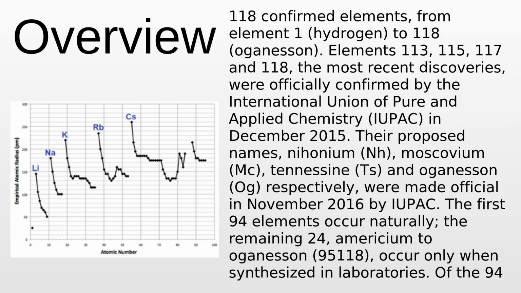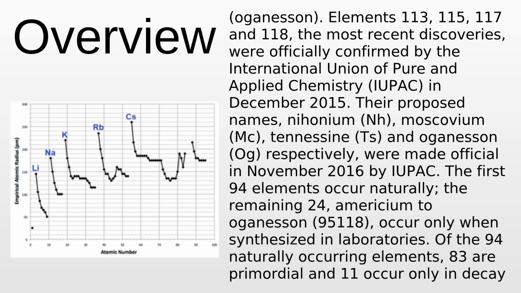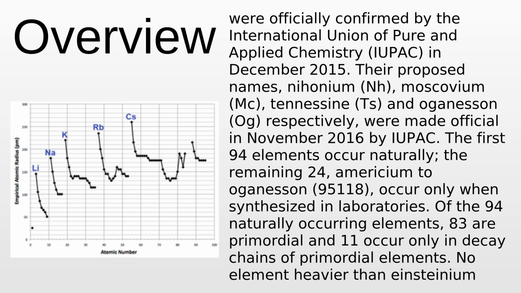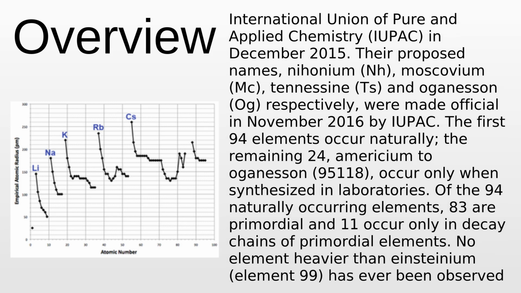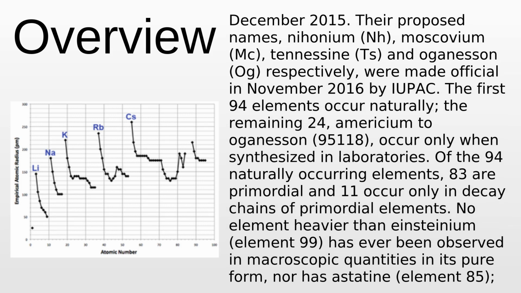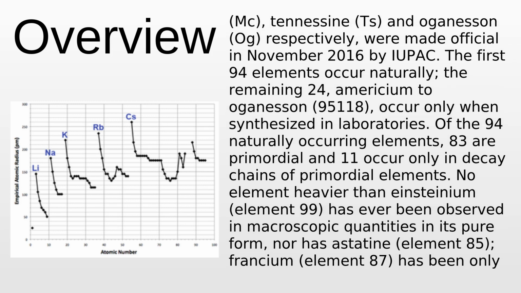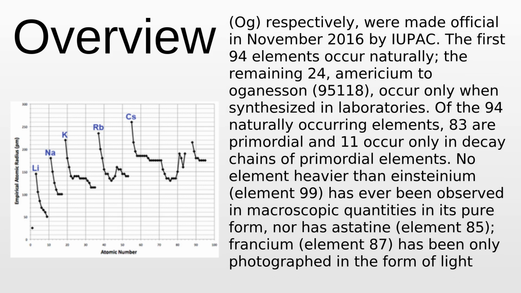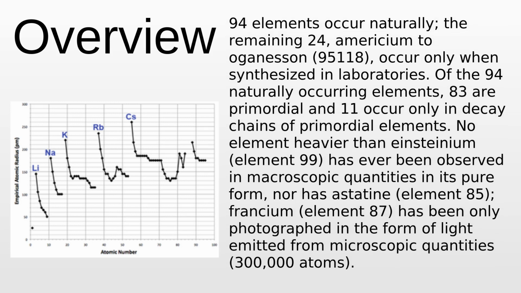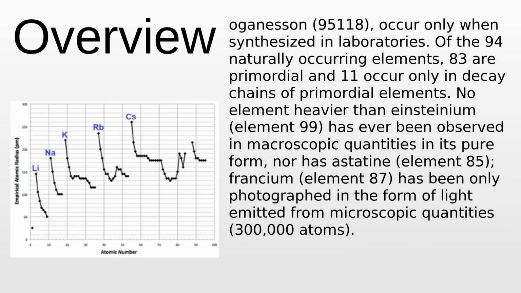The most recent discoveries were officially confirmed by the International Union of Pure and Applied Chemistry, IUPAC, in December 2015. Their proposed names, nihonium (Nh), moscovium (Mc), tennessine (Ts), and oganesson (Og), respectively, were made official in November 2016 by IUPAC. The first 94 elements occur naturally. The remaining 24, americium to oganesson, 95 to 118,